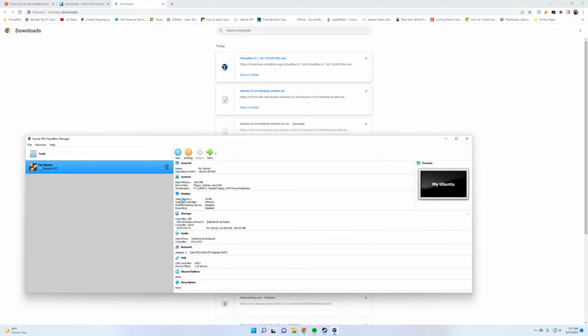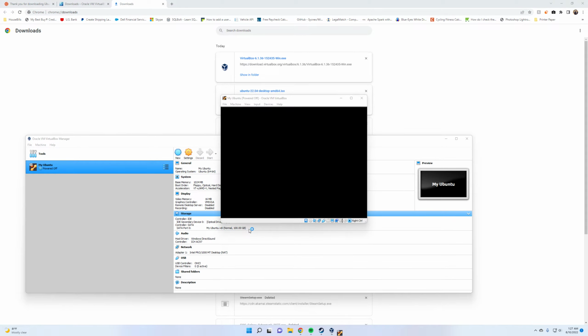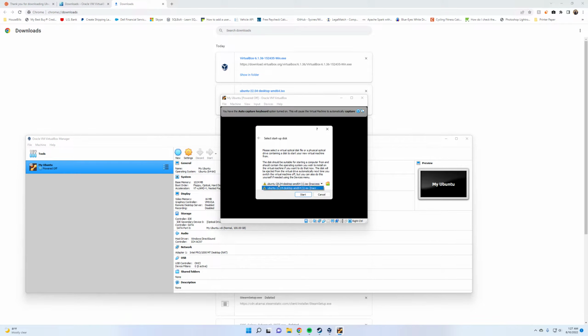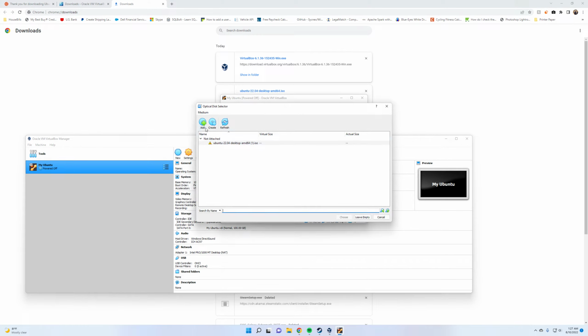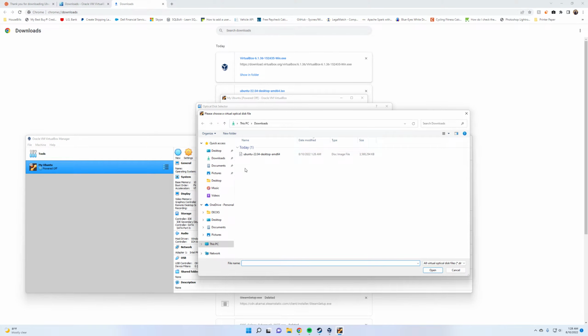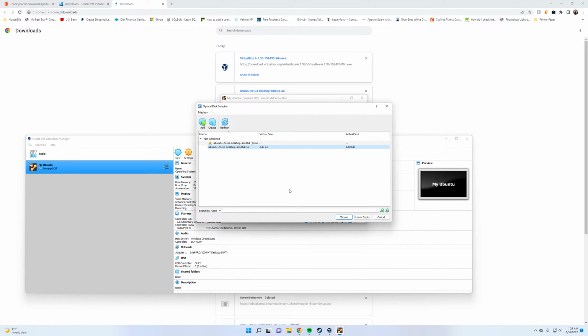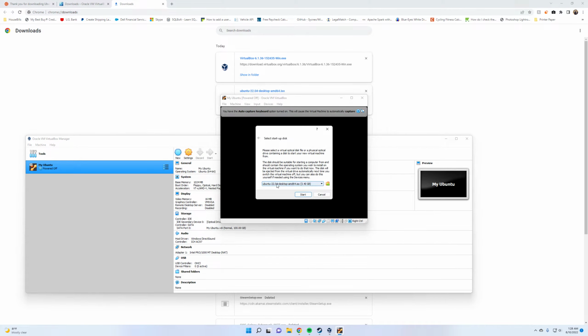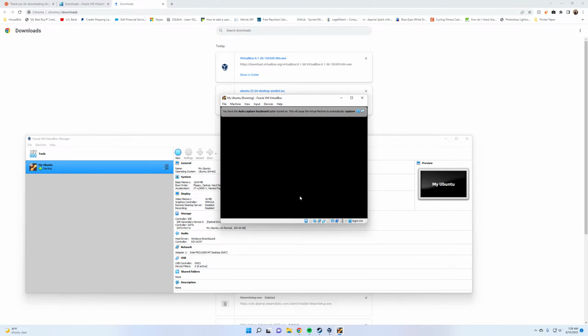All right, now that I have it here, I want to go ahead and select start. This will prompt you for what you want. Since I already had something there, it's saying it's not accessible. So let's go ahead and add this and select the one that you just downloaded, and go ahead and select choose. So everything should look pretty good. As you can see, it's going to the C drive, user, downloads, and it found Ubuntu. So I will now select start,